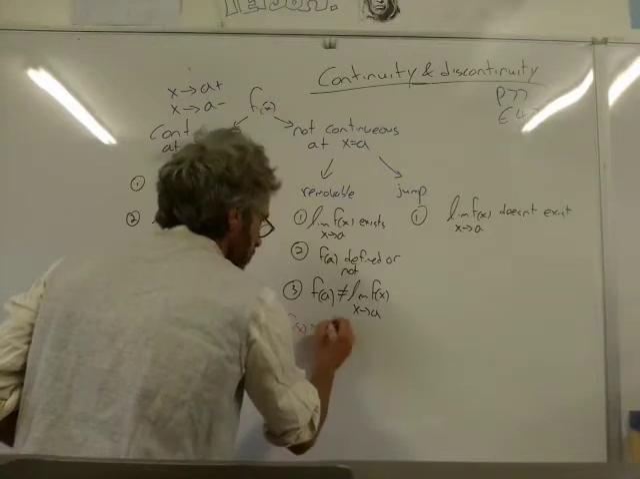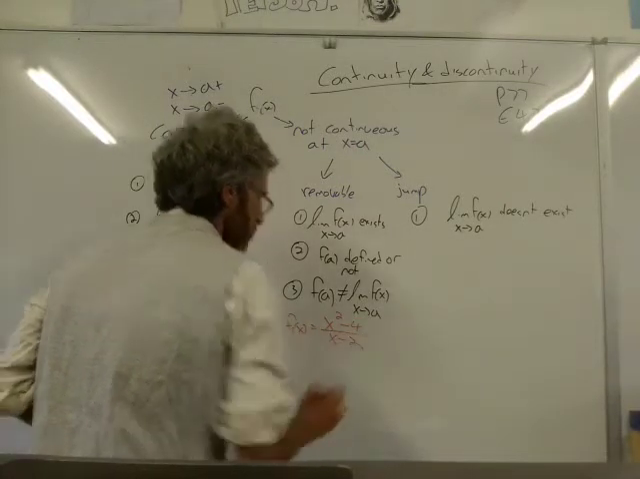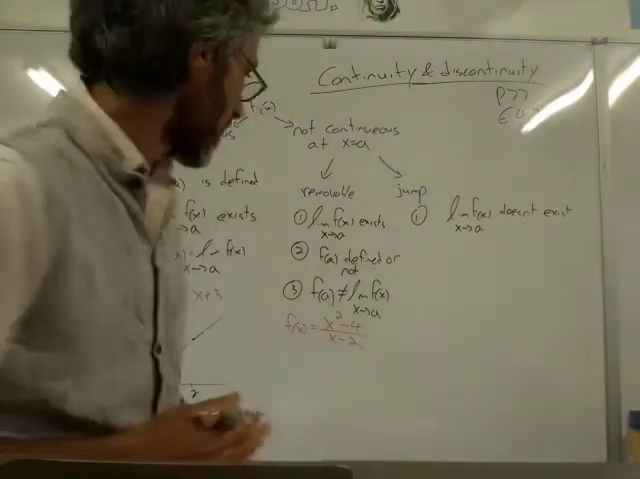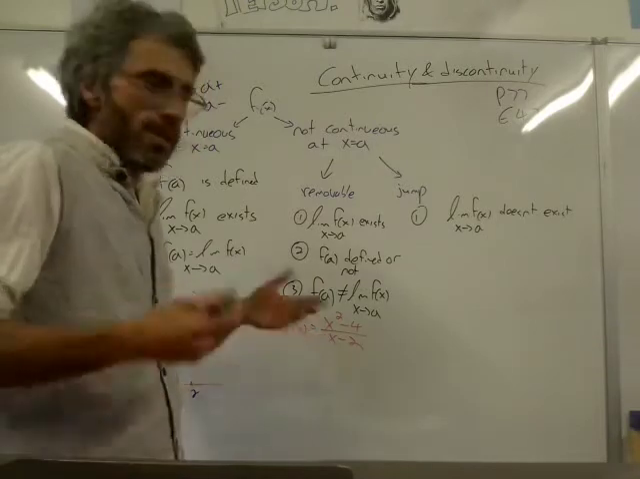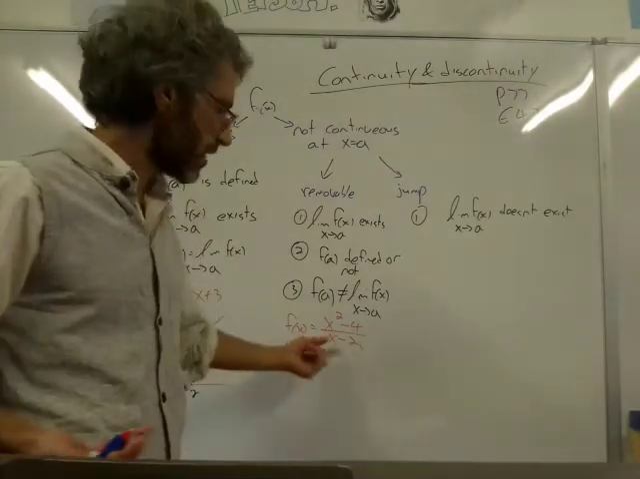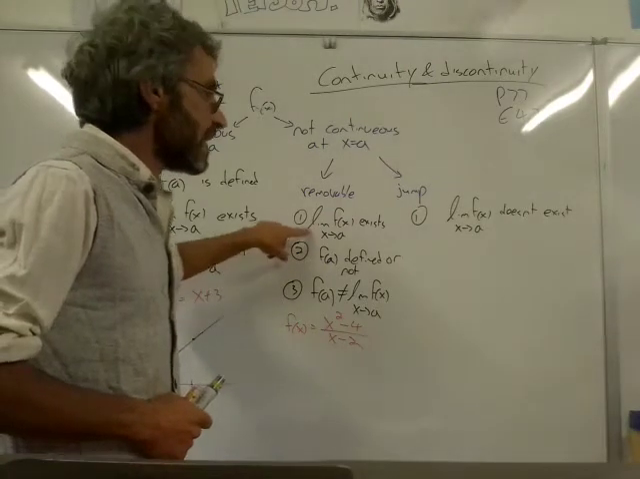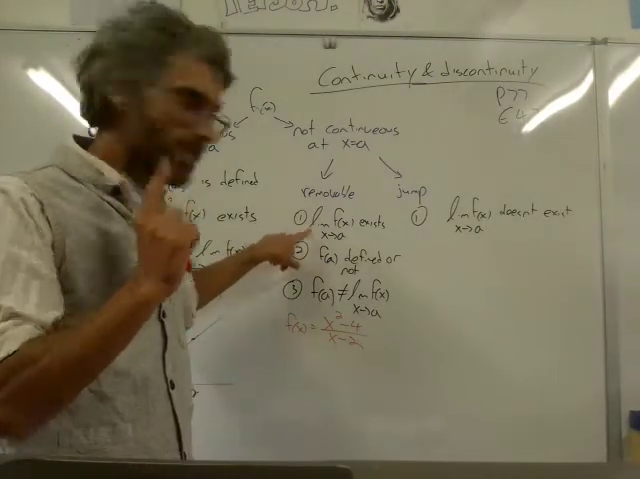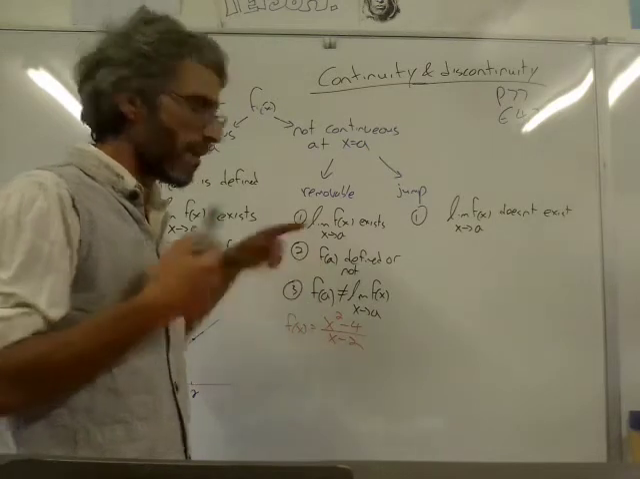f of x equals x squared minus 4 divided by x minus 2. I think that's the example we had to look at. At x equals 2, if a was 2, we can't define f because we're going to have 0 at the denominator. Okay, next thing is that the limit must exist, even though the value of f at a is